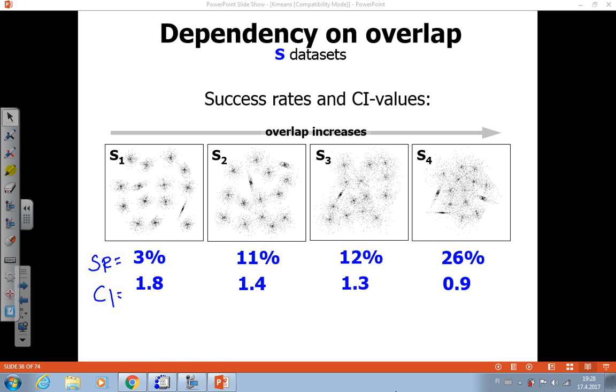So on average with the S1 set, 1.8 cluster centroids are wrongly located. And interesting is that when we get more overlap, the number gets smaller and smaller. Actually the S4 dataset is the easiest for k-means. This might be a little bit surprising, because you would think that S1 is easier, and S4 is so mixed that it should be more difficult. And this is actually the case for some other algorithms. In fact, most other algorithms would find more problems with S4, but for k-means it's actually the opposite. The more they are separated, the more problem it is for k-means.